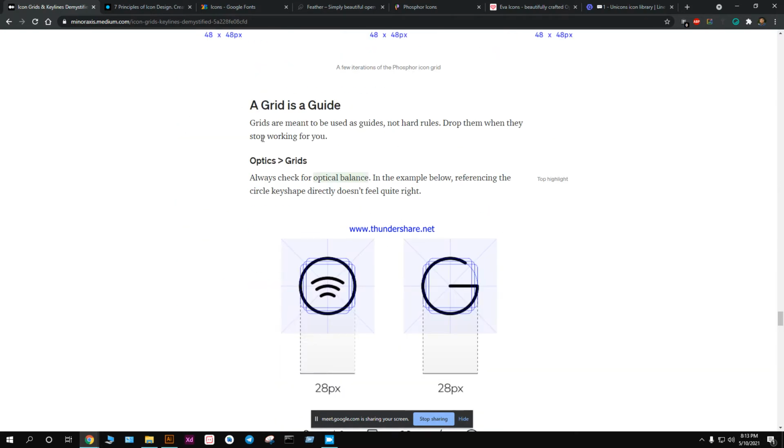Okay, so the main thing that they mention here is a grid as a guide. So grids are meant to be used as guides, not hard rules. Drop them when they stop working for you. That means, suppose you are designing an icon, and it is fitting perfectly to the grid, but it is not